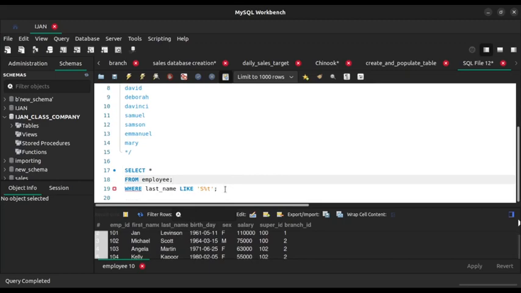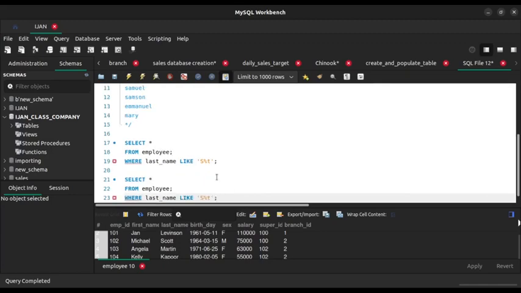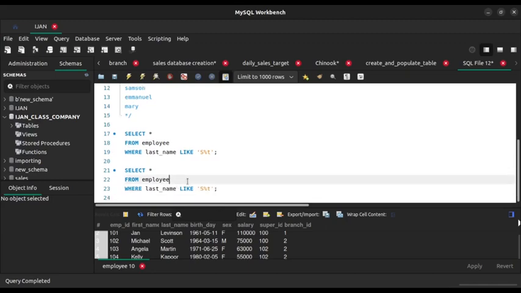Okay, so let's work with the other wildcard. That's using underscore. What's wrong here? Okay, I didn't close this. Yeah, close it here. So now let's work with the underscore. In that case, we're not going to be using last name again. We're going to be using birthday. So where birthday looks like